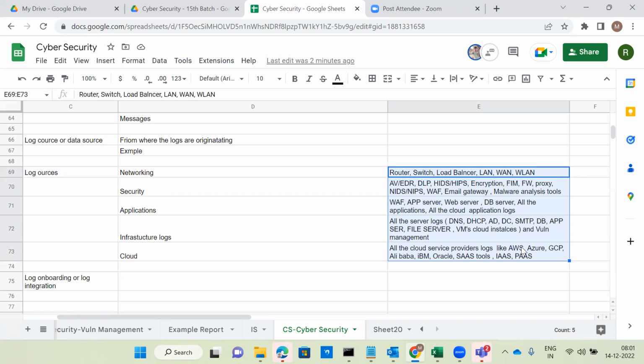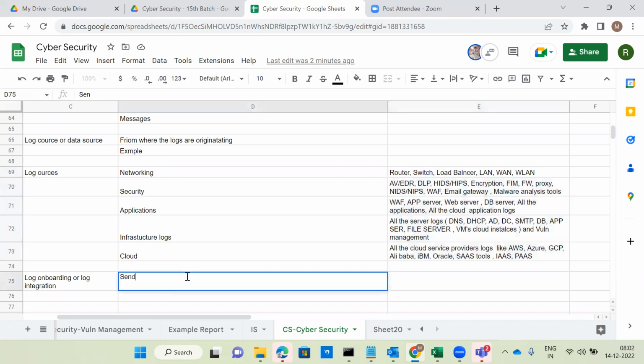Because we have to monitor those logs as well. Okay, that is called log onboarding or log integration. Nothing but onboarding or sending the logs of log sources to the SIEM tool.